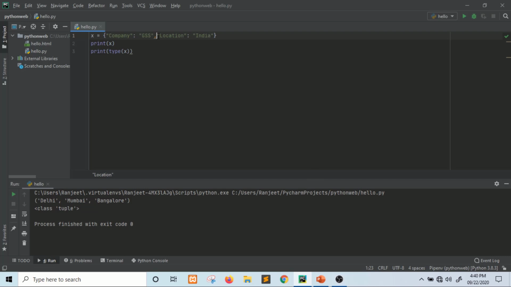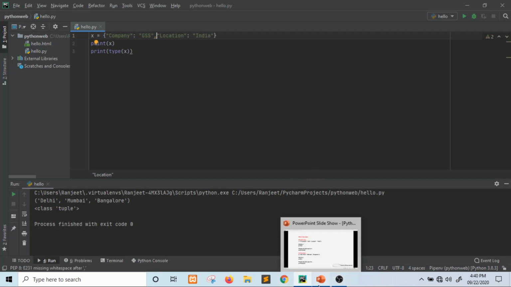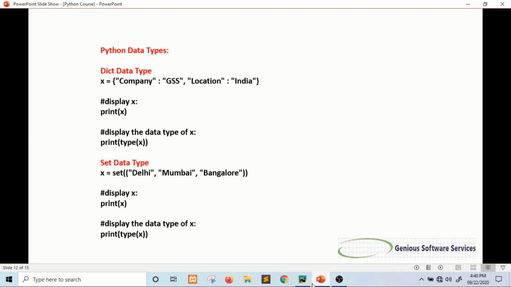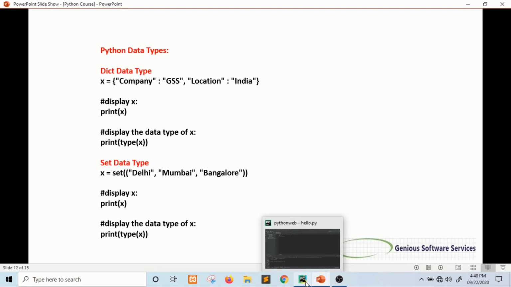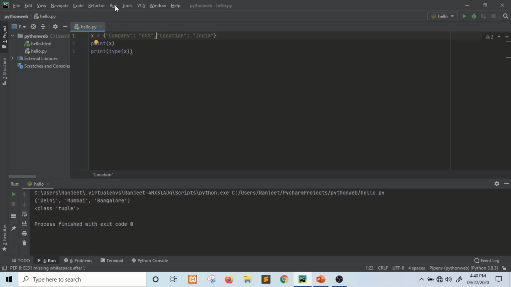So which kind of data type are we learning? Dict. Now run this. You can see what kind of data type? Dict data type. And the first print is printing the company GSS, location India, right? So it will tell you the dict data type. So in this way you can use the dict data type in Python.